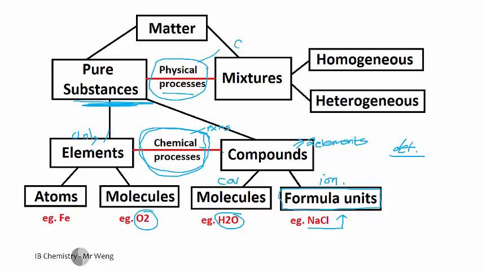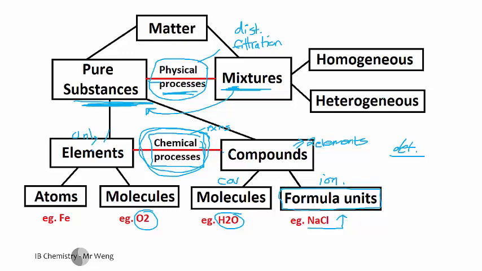So we do things like filtration and decanting and distillation. We do all those sort of things. That is not actually a chemical process. They're not chemical reactions. We're doing physical processes there. So what we're doing is we're either mixing two things together, but most likely we're doing the opposite. We're trying to get something that we can use, and so we're trying to separate and make something pure, usually getting rid of everything else and trying to get the thing that we want and get it to a pure